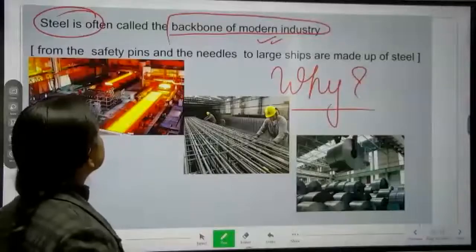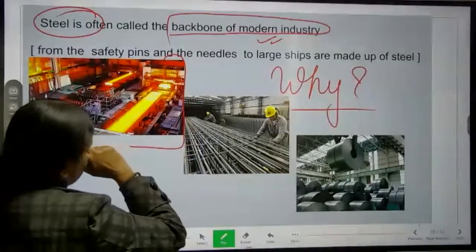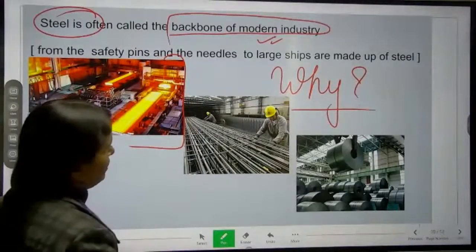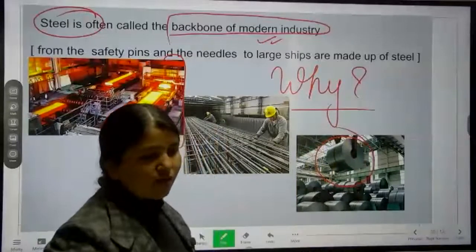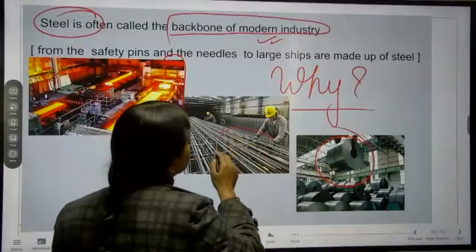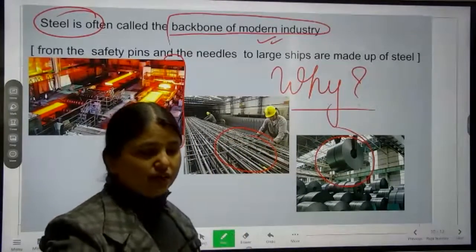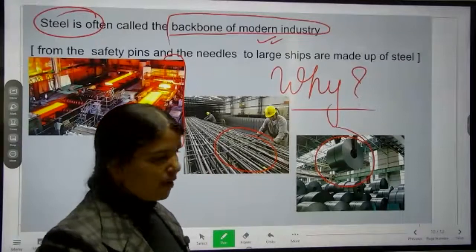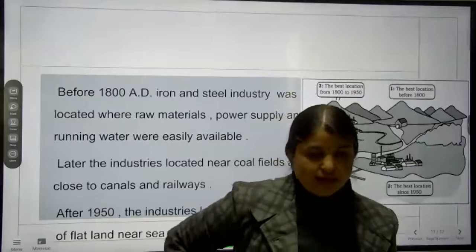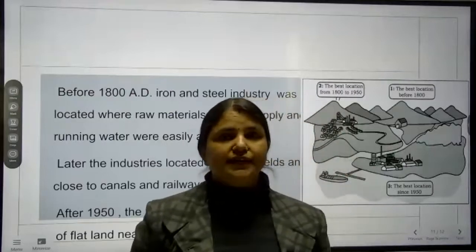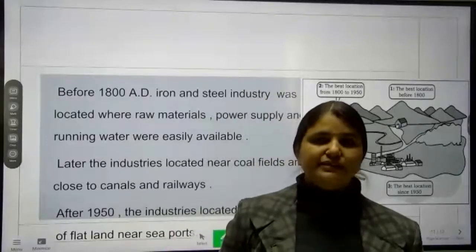Now here I have some of the figures. Just you see in this picture how they are molding that, how they are giving the shape to the steel. Okay, in this figure you see here, this is the alloy of the steel, and here they are making the, like we can say, Hindi mein bolte hain sariya, like the wires and all which are made up of steel. Okay, so I hope students, why the steel is known as the backbone of the industries, or why steel is so much required over there, that is clear to you all.